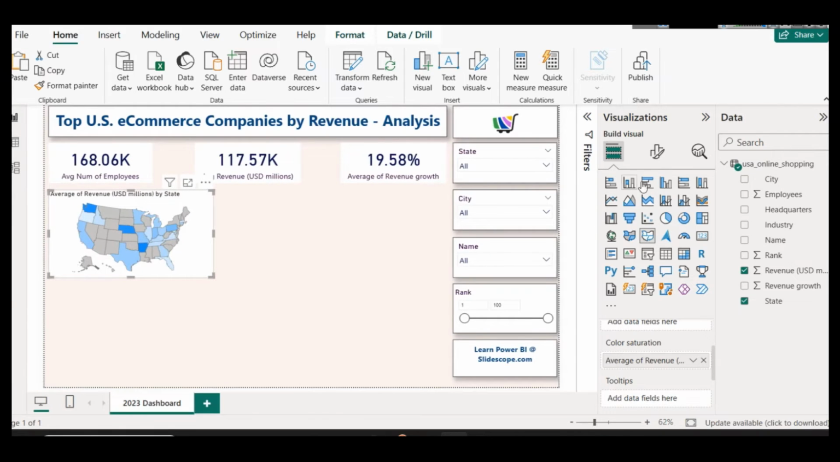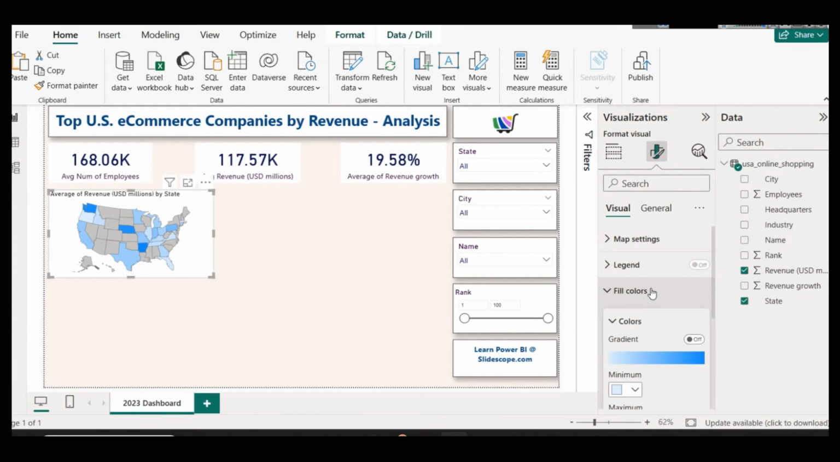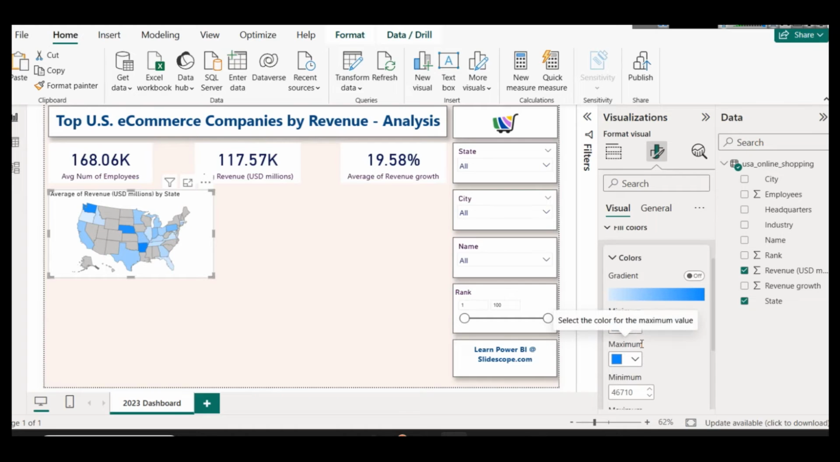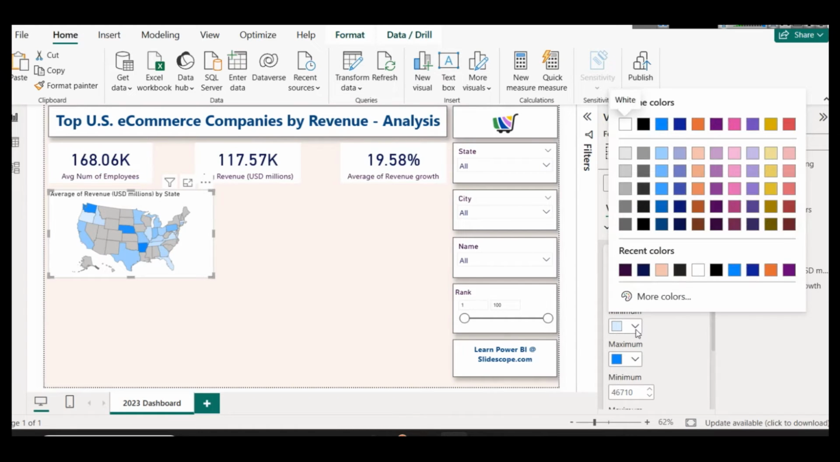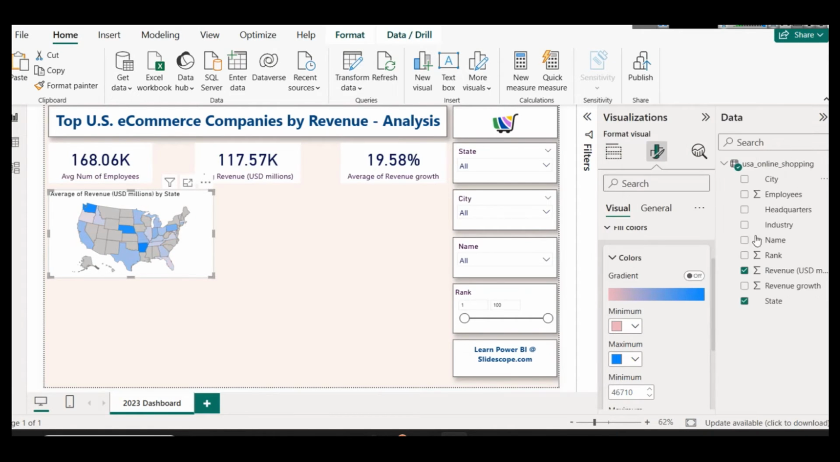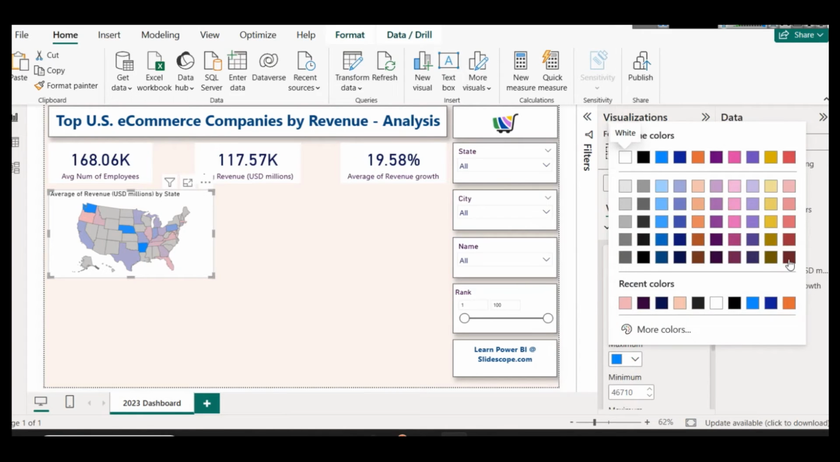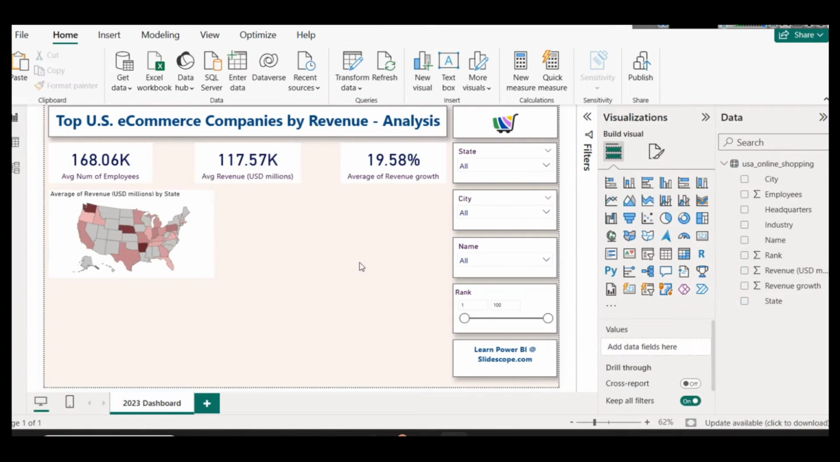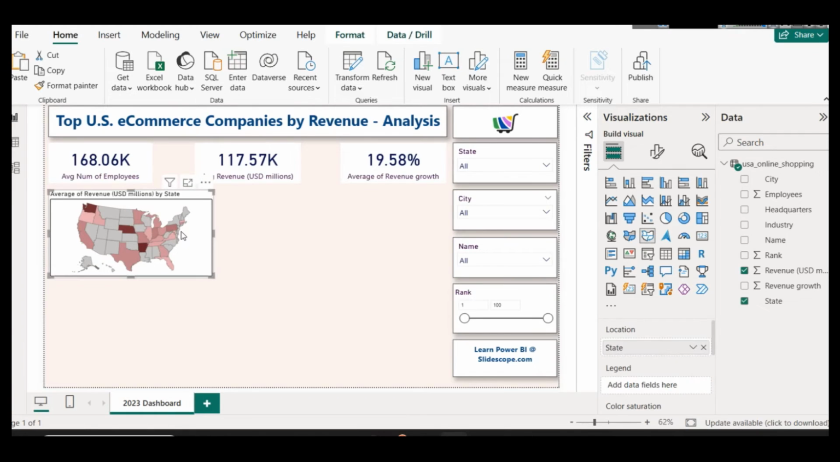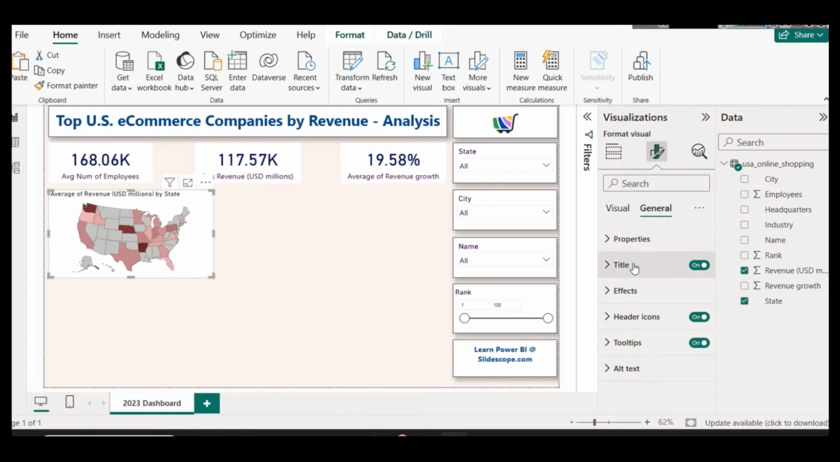And if you want, you can choose a different color. So for fill colors, the gradient is between a lighter shade of blue and a darker shade of blue. But we can also select something like a lighter shade of orange and a darker shade of orange, or this maroon color that is there, which is close to our background as well. So this is important. And now this is average of revenue by state,